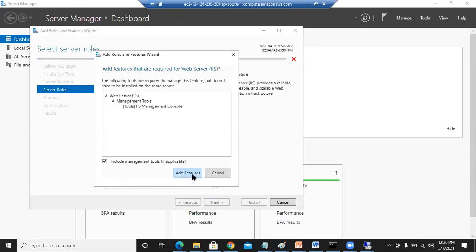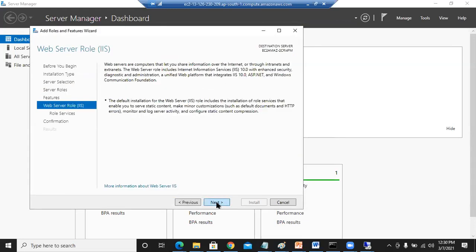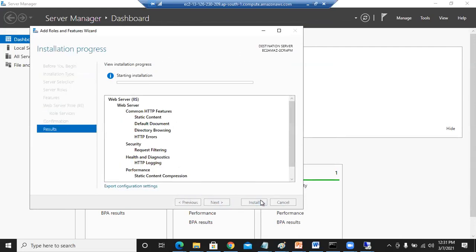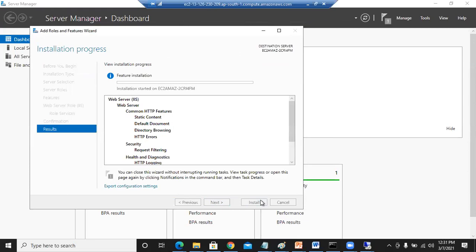Select IIS, add features, next, next, next, next. Install. Okay.